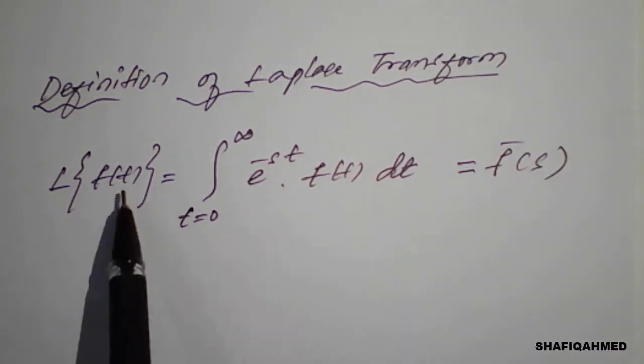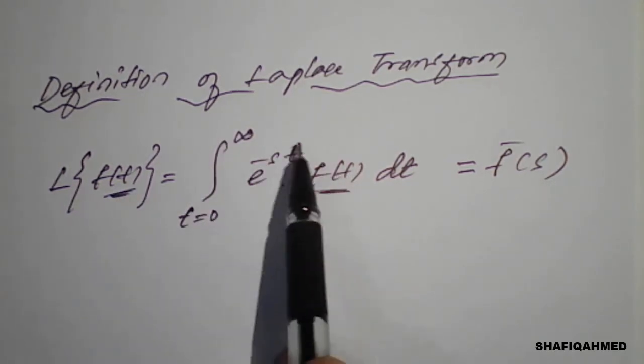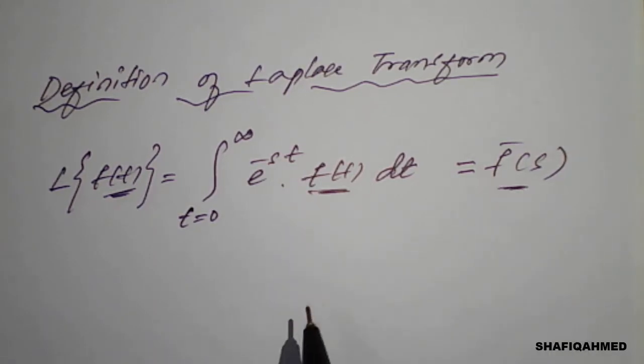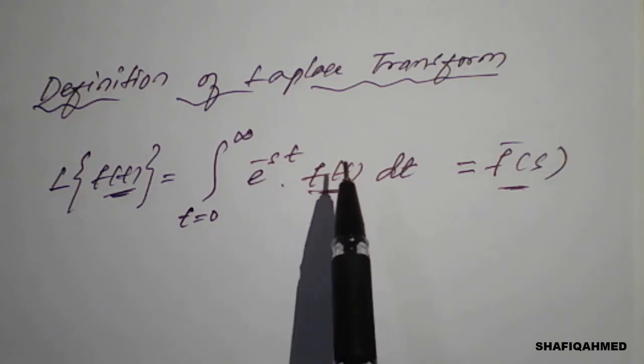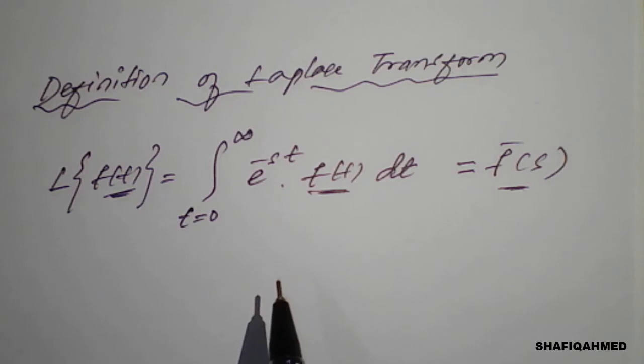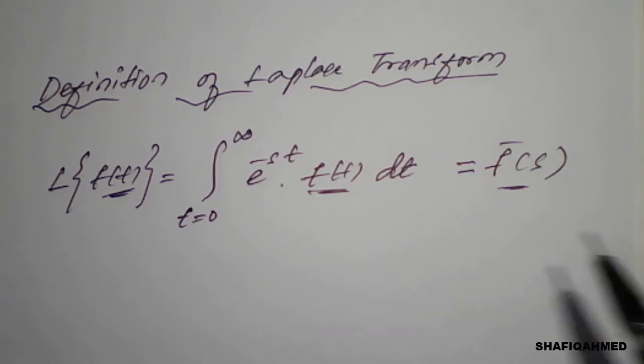So remember, this f of t is nothing but the given function, and once you apply this definition we'll get F of s. Remember this complete situation to simplify the problems based on this. Here they will give the integration, so from that integration we need to collect f of t, then we need to apply. While applying you may get all three kinds of properties or trigonometric results, then we need to get the proper solution using this integration. Let's see what kind of examples we are going to solve here.